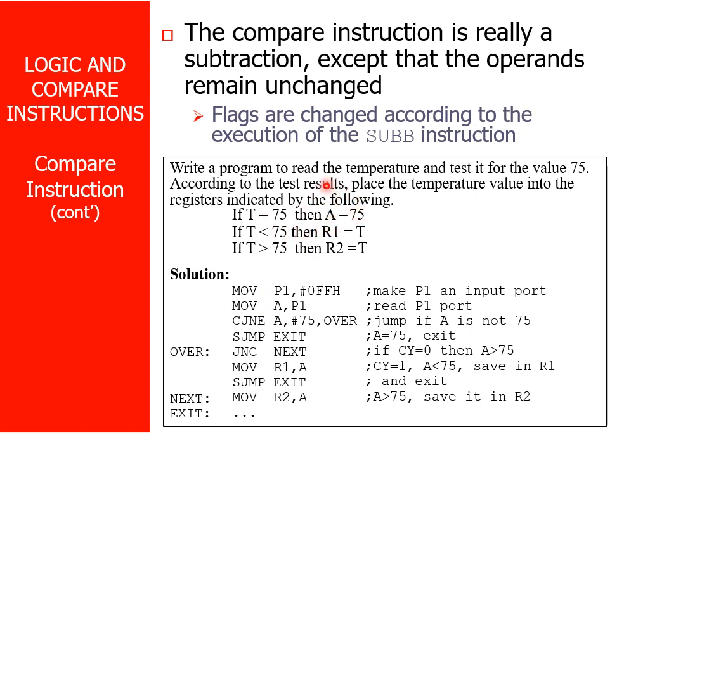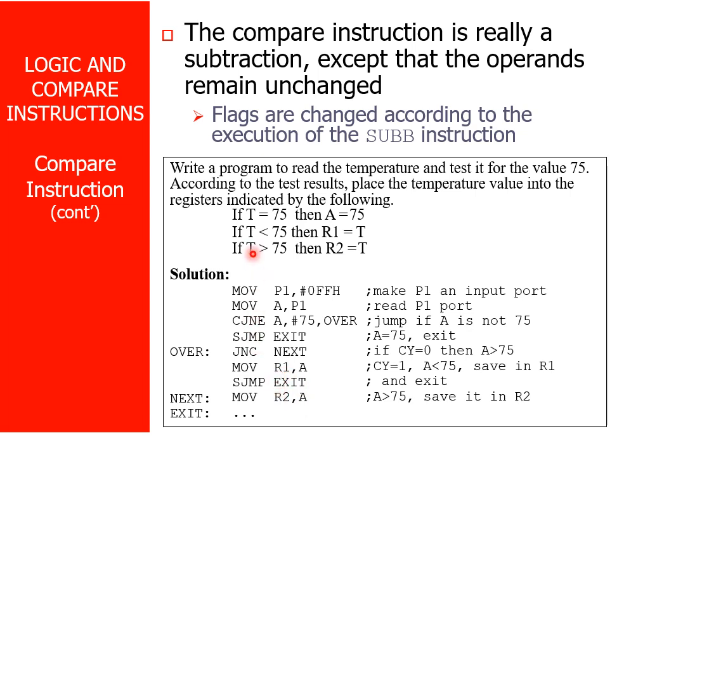Now suppose the value you are reading is less than 75. For example, it is 74. So 74 and 75 are compared. They are not equal, right? They are going here, over. Now jump no carry. When the data in accumulator is more, carry flag will be 0. When it is less, carry flag will be 1. So if it is greater, then it will go here, to the next. So the value A will be going to R2.